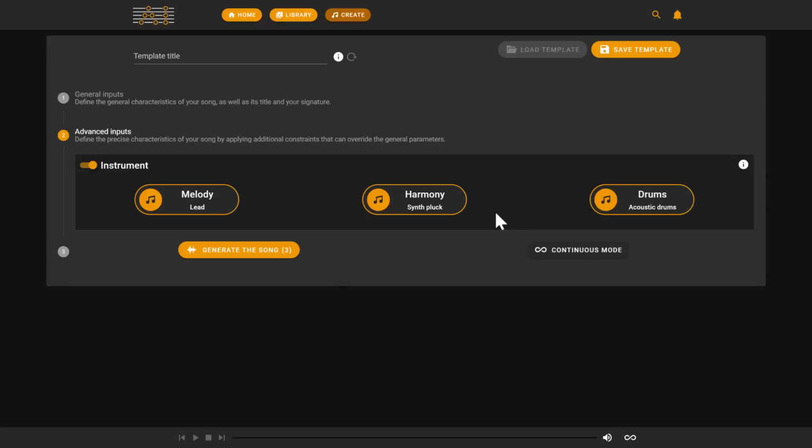Now, I've got a couple of different options. I can actually just go ahead and generate the song. So you see here, in the free tier, you get 3 a day. Or what you could do here is come down to continuous, and it'll basically use these inputs and make you song after song after song until you've used yours up. Or if you're just sitting around and want to just listen to some music, you could set this on music play mode and have it just generate you completely unique compositions over and over and over again. So let's go ahead and see what this particular generation sounds like, and go.